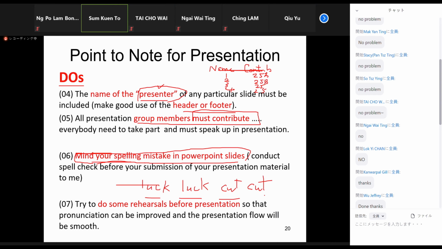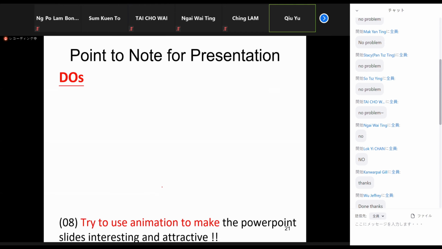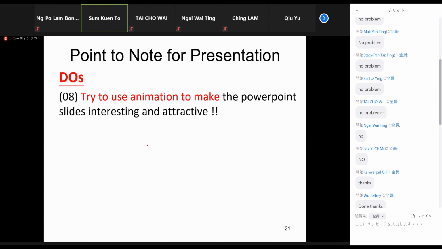Okay, you must be smooth, and that's why I try to do some rehearsal, and then when the presentation is actually going on, you impress your tutor, you impress in future jobs your colleagues, your boss, and your client. All right. So these are part of the requirements, and also just like what I'm doing now, use animation,